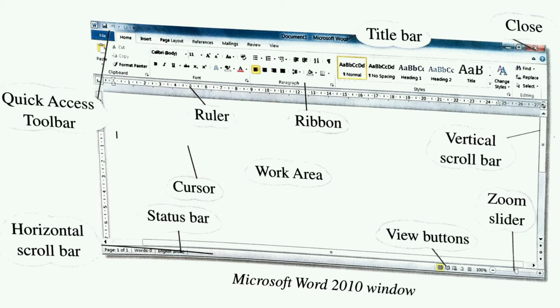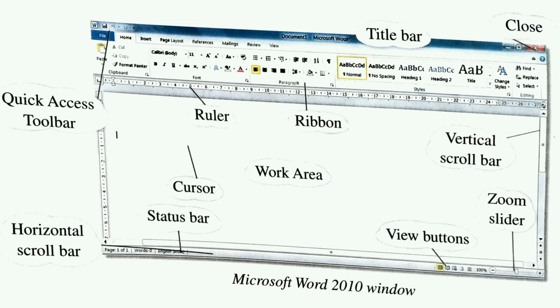Okay? The next one is the status bar. The status bar displays the page number, word count, language, page layout, and zoom slider. Now we have view buttons.